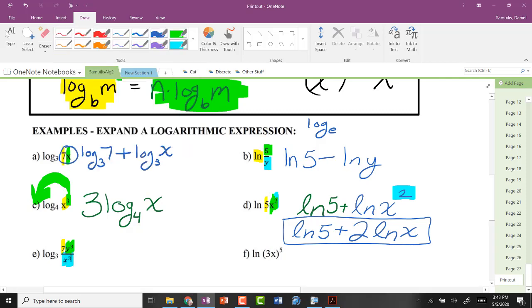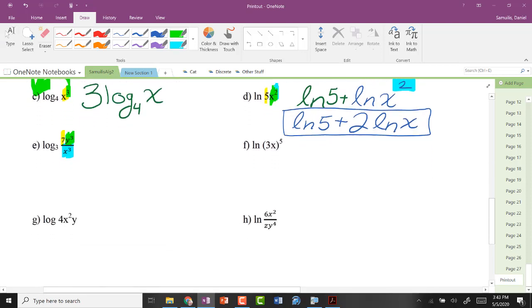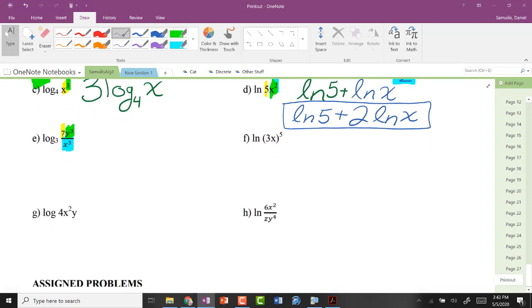And x to the third is a term. How many colors is that? 3. Good job, class. Okay, so that means we need 3 logarithms, 3 separate logarithms. Okay, so I'm going to do this in 2 steps because I'm going to bring down the